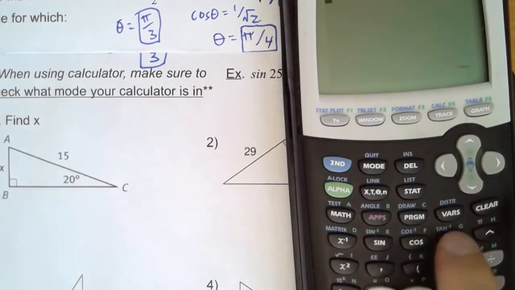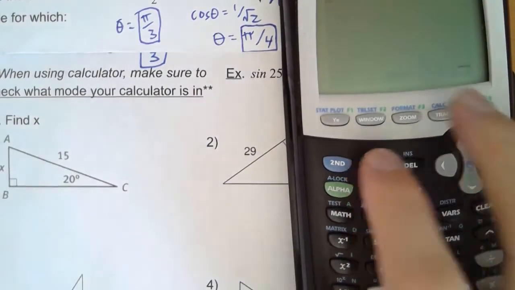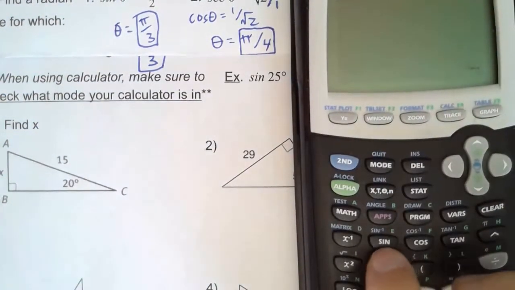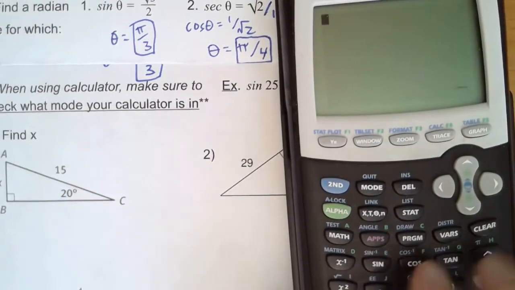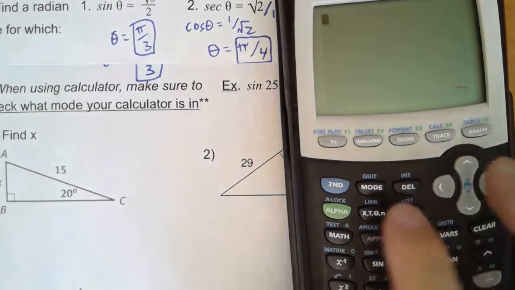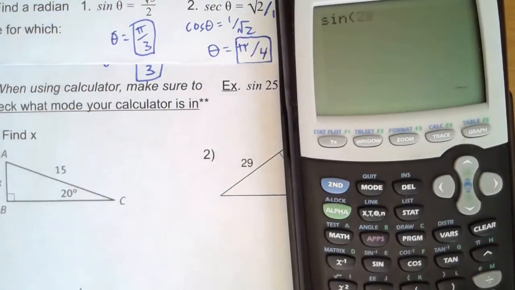These are the danger zone buttons here. Before you hit these 3 buttons, always check your mode. Make sure you know whether you're in radians or degrees. So maybe even put a tiny piece of sticky note on these 3 buttons to help you remember. If you're going to push those, check your mode. That's the worst way to get problems wrong on a test: you did everything right, you just were in the wrong mode. Okay. All right, so sine 25 degrees, I'm in degree mode, so I can just hit